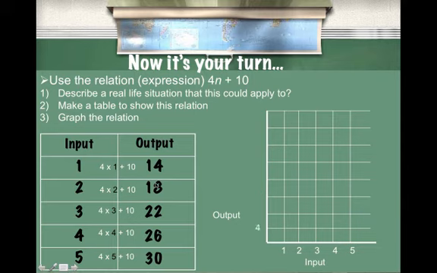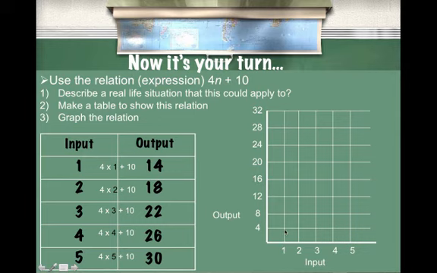So in this case, I picked going up by 4s. And you will see a lot of numbers that are here that aren't represented in the output. But that's not a problem. Now we just have to line them up. So the input here is 1, the output is 14. So I go to input 1